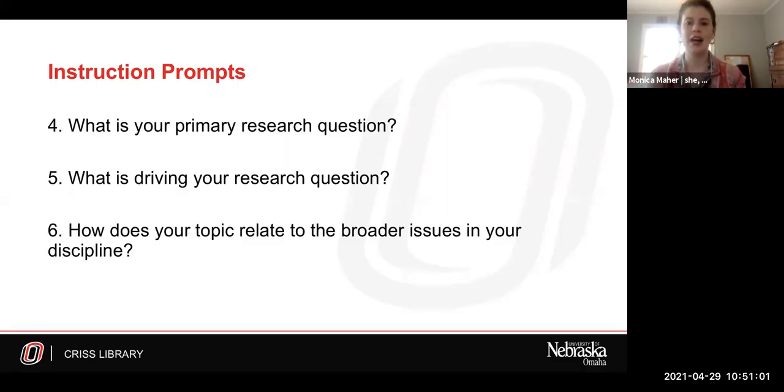Number 6 is, how does your topic relate to the broader issues in your discipline? So the student might need to address how the review of the literature points to broader issues or concerns. Are there any issues explicit in the body of literature? And similarly, does the question follow or continue a recognized research trajectory? So this set of questions, I think, can allow students to identify the multiple facets of their subject, and it can help them to begin to create a plan for the types of sources they'll need and how they're going to go about finding them.